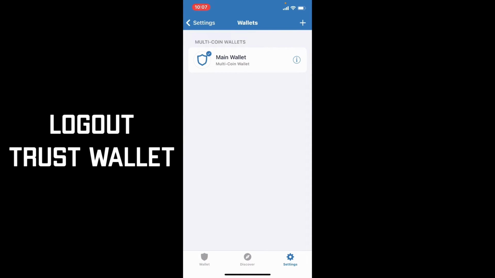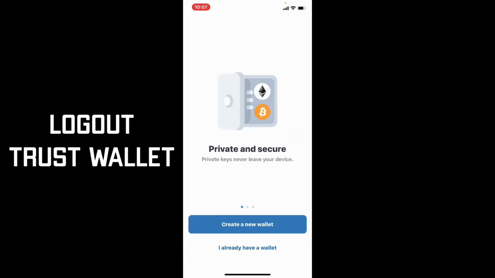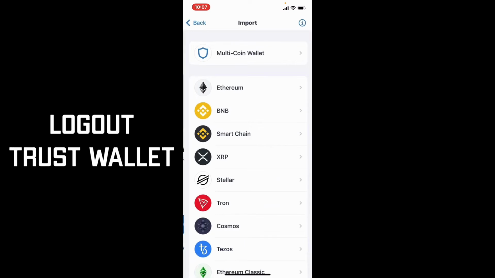In order to log out, simply swipe your wallet towards the left-hand side and in the pop-up that asks you if you want to delete this wallet, tap on delete. Now, to log back in again, you can go ahead and paste in the recovery phrases that you just copied before logging out. Tap on I already have a wallet,